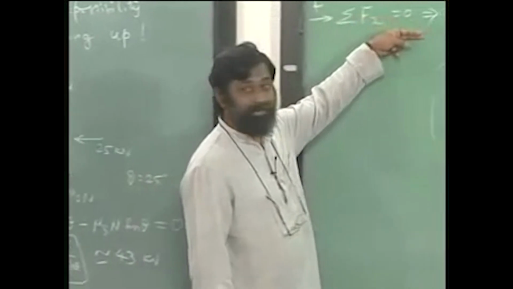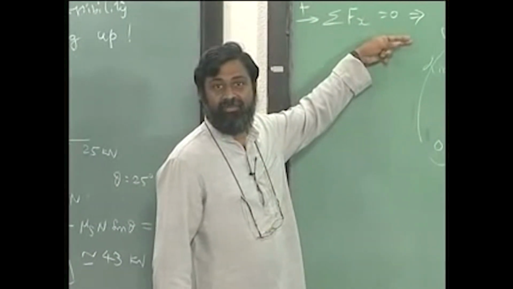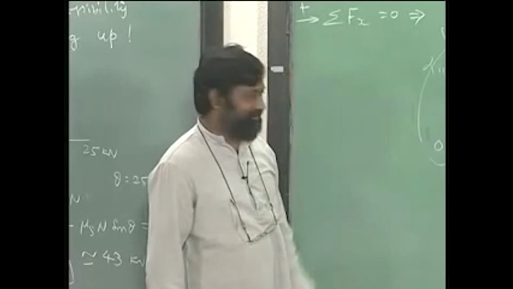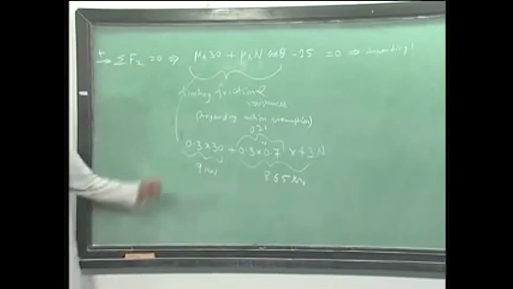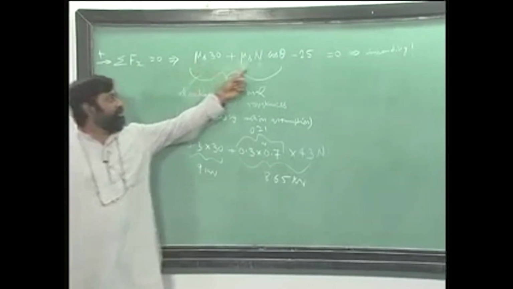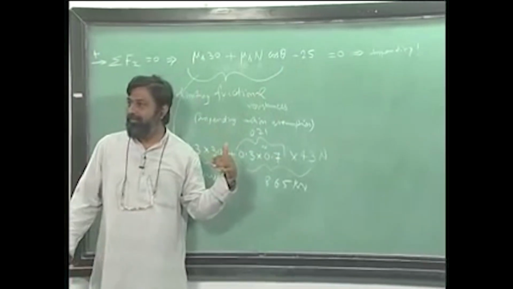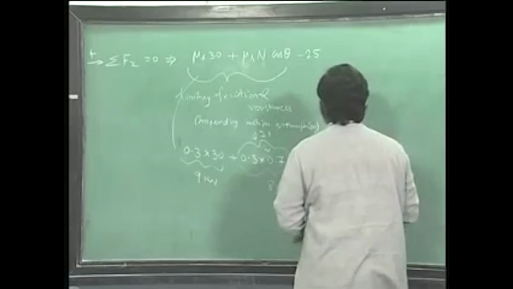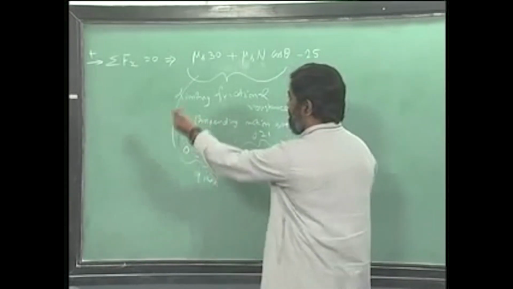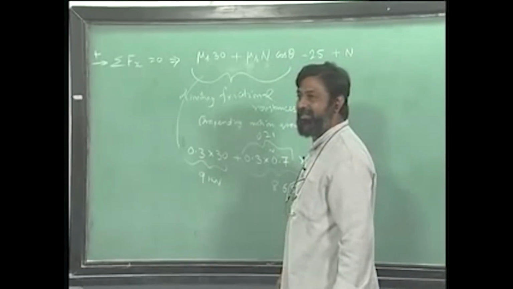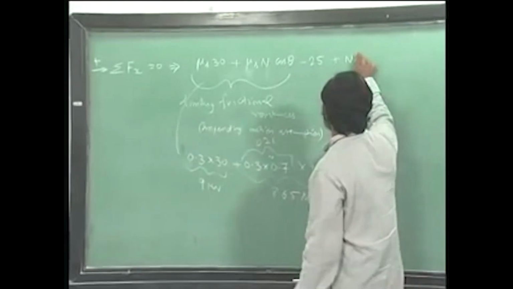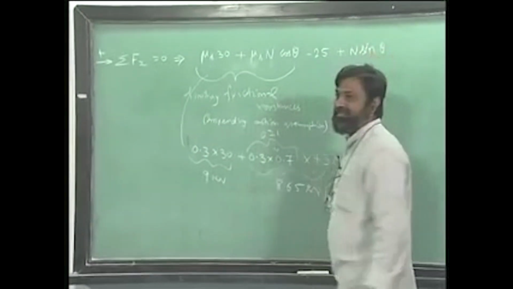This is an important step. Have I done this correctly? Most of the times we make a mistake here. Have I done this correctly? Let us assume this. If mu s is equal to 0, these two are gone, only this exists. How come? Because I have missed out this n has a component, right? And what is the direction of that? That is also in the positive direction. So it is plus n times sin theta, right,